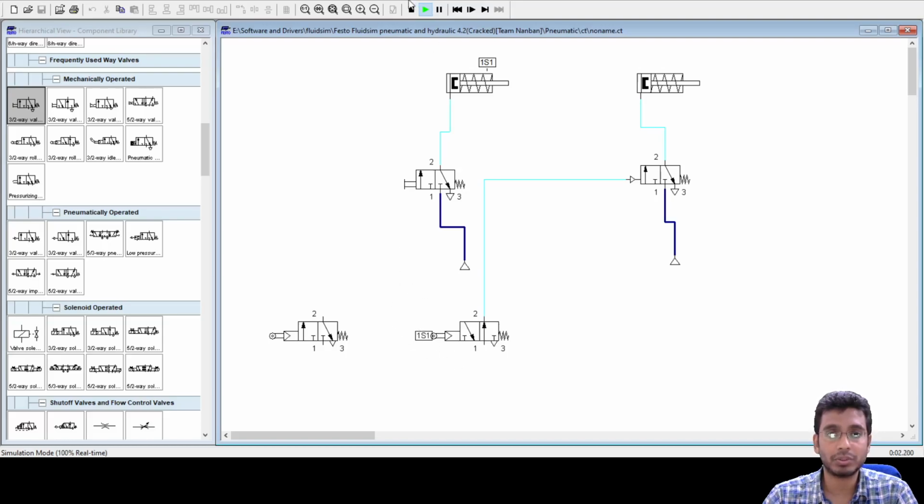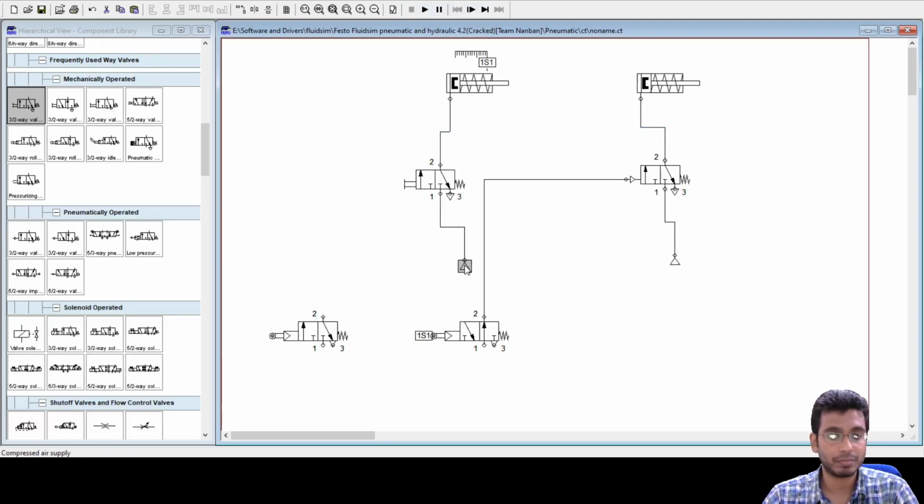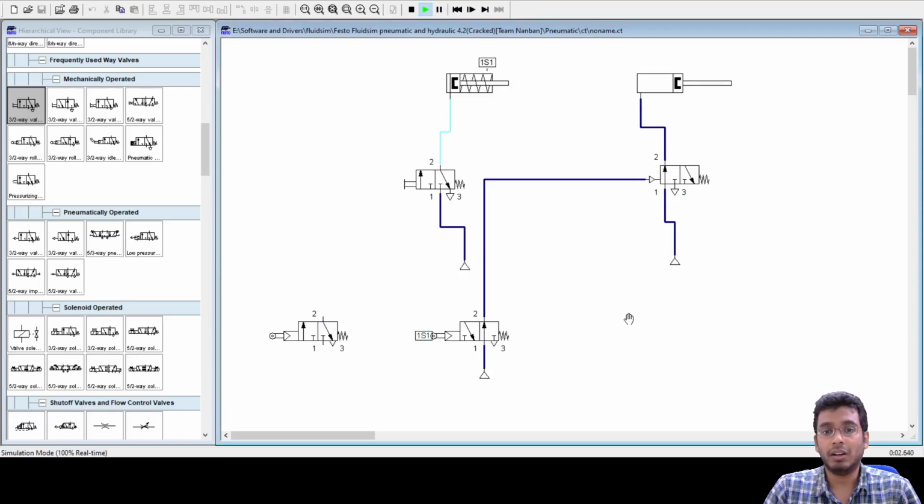I have to add some pressure sources here. So one case might be like this. Say I'm controlling two cylinders. This is my one single acting cylinder, and this is my other single acting cylinder. The default position of these cylinders is like this. My circuit is such that whenever I press a push button, cylinder 1 extends, and when it has completely extended, this should result in the retraction of the second cylinder.